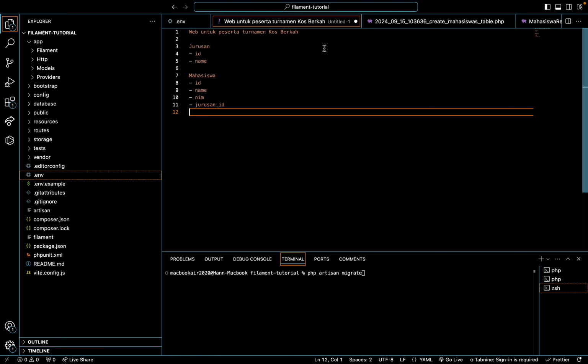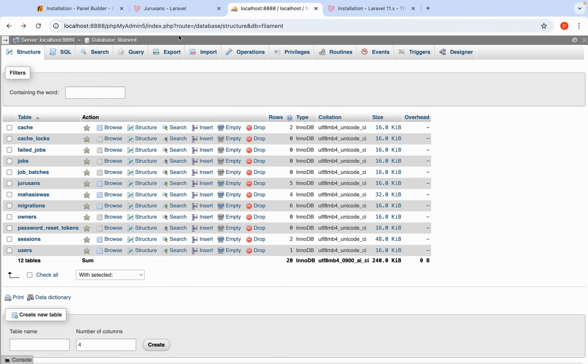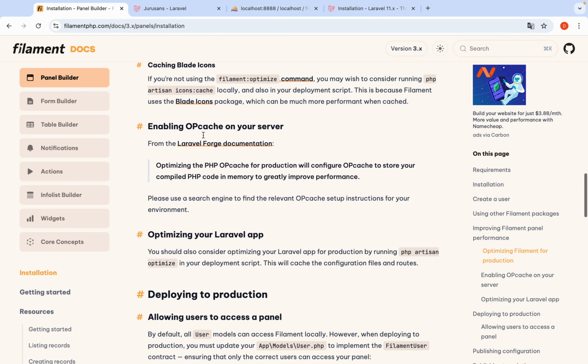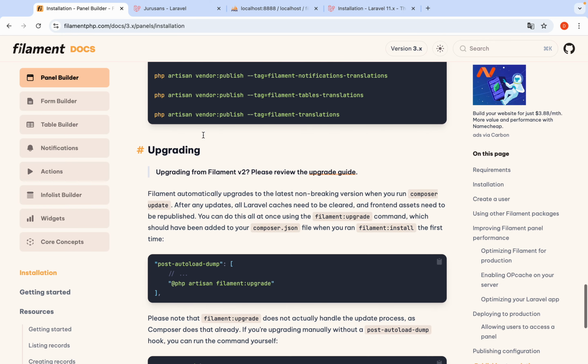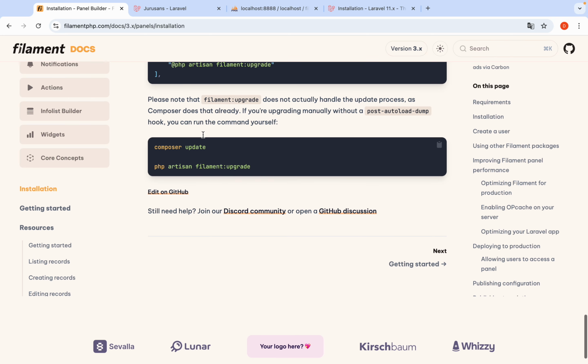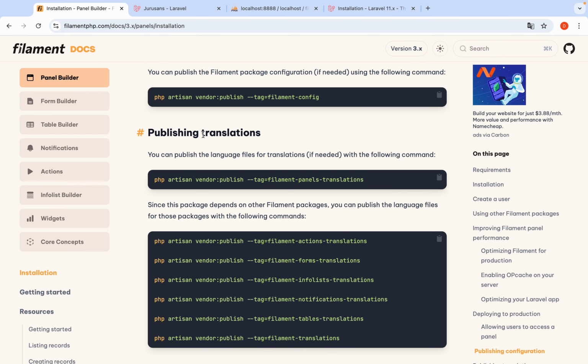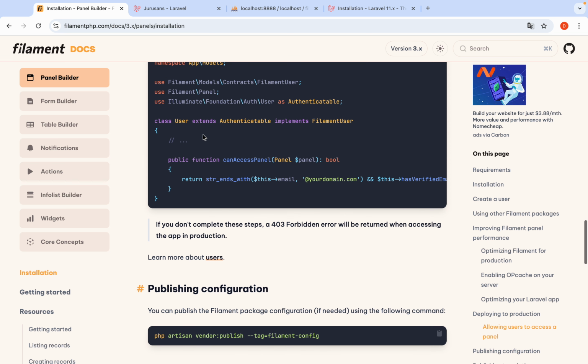The first is jurusan, which has an ID and name. The second is mahasiswa, with ID, name, and jurusan ID.